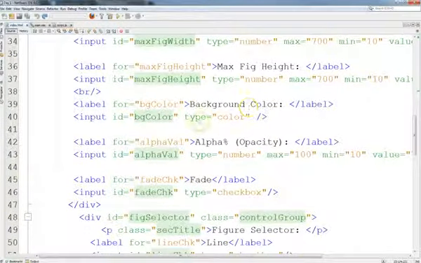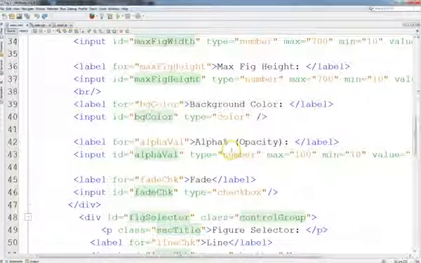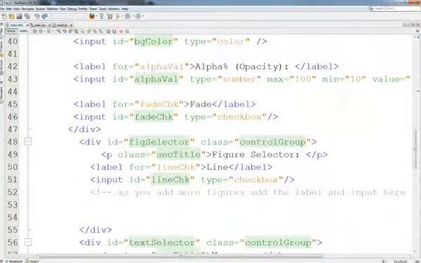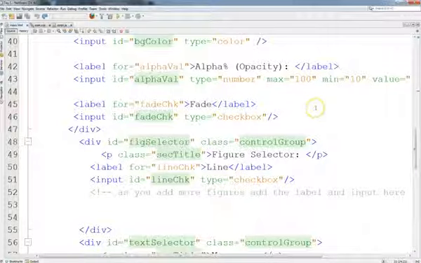The background color we saw, that's a color selector. And then an alpha, which will cause the transparency. And then if we come down here, we have a checkbox called fade. The way that works, if the user checks it, as the program draws the figures, each one will be slightly more transparent. And it calculates that so that the last one is almost invisible. So if you draw 20 figures, it'll run down by about 5% of what's left of the transparency. If you do 100 figures, then it would recalculate, and each one would be slightly less transparent so that